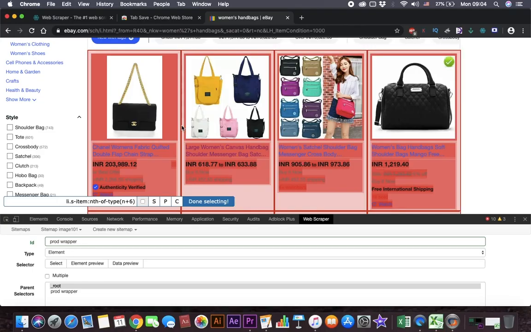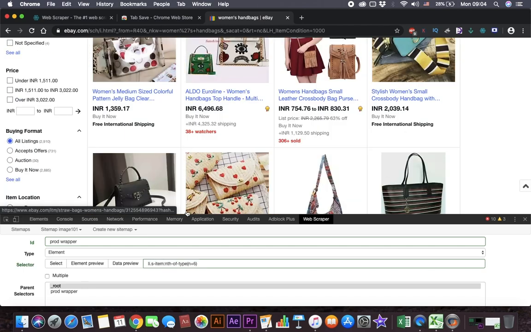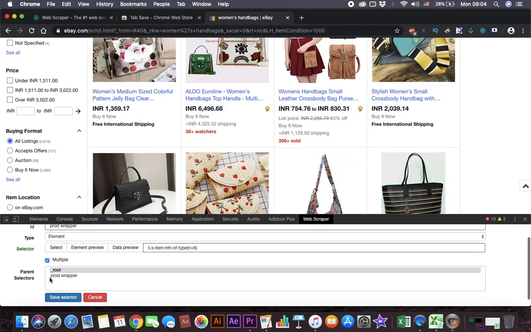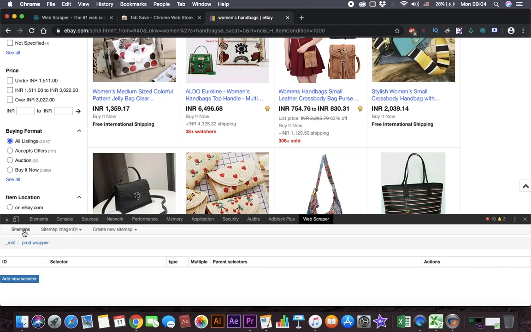We have to make sure that we are selecting all the elements on this page and check multiple boxes as we need multiple images. Now create the selector. Now once you click on it, it will create a sublayer of its own, which can be used for capturing the next set of information, more like a child branching out of the parent element.